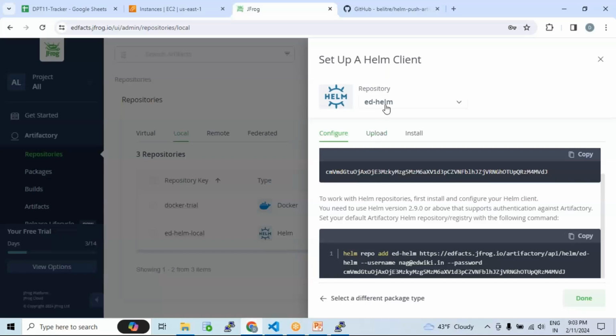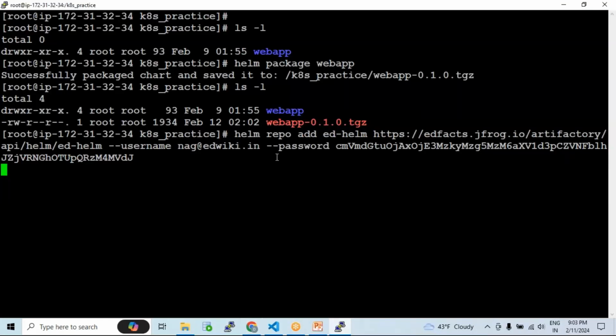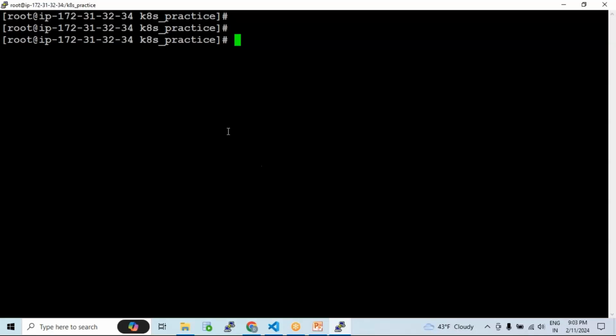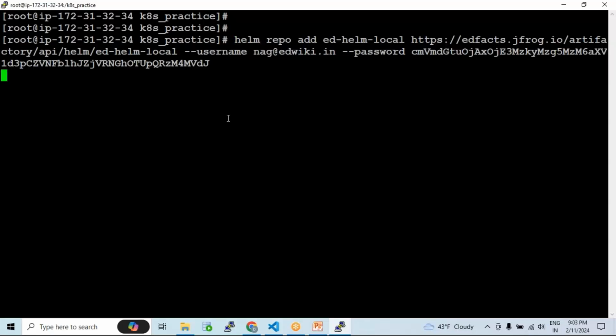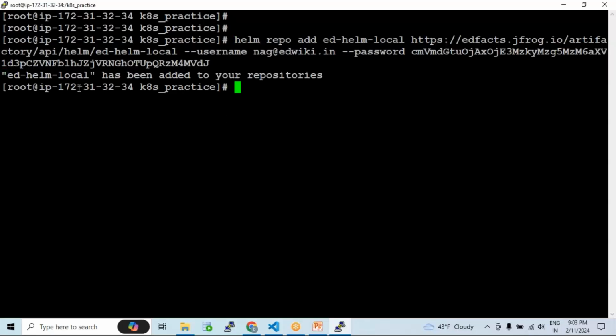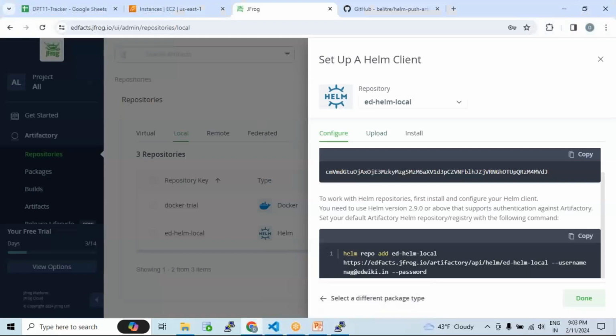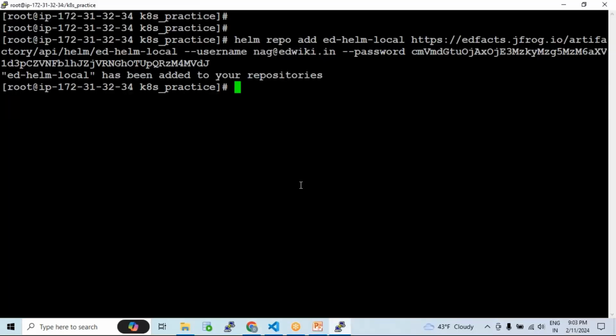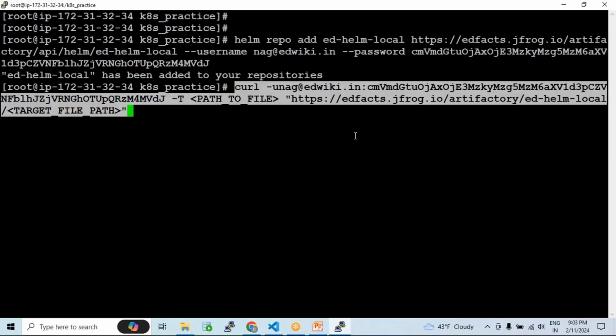Let me try Helm local, guys. I just wanted to do it on Helm local. I'll just do Control C. Right, so I have just added to the Helm local. That is where I wanted to publish my artifact, right? Now let me get the upload command for my Helm local. Copy this command. Just come here,